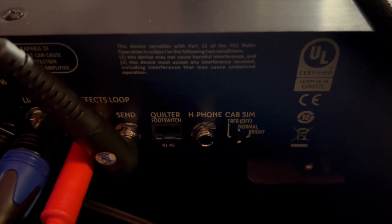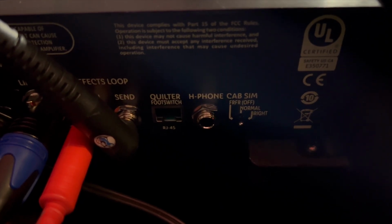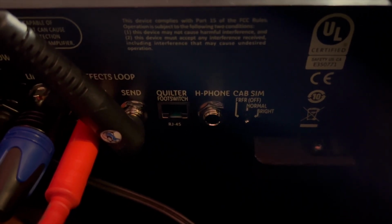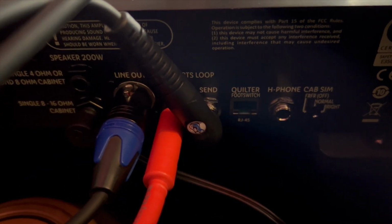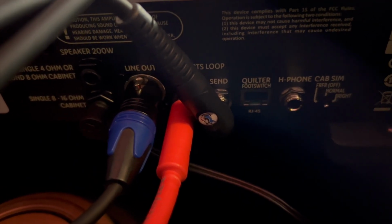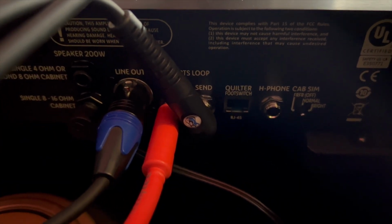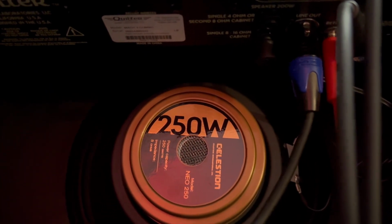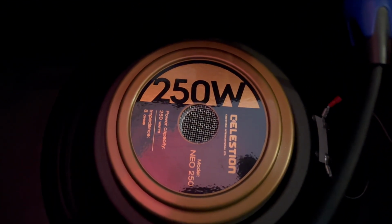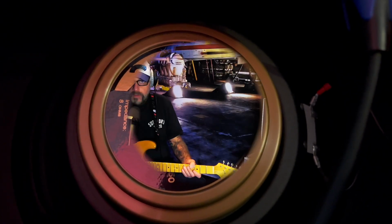Okay, so there's your back shot. That's what she said. There's the cab sims on the right-hand side. There's a headphone out as well. That's for the Quilter foot switch. It's in 4-cable method, which is why you can see all them cables in there. And this line out is just going direct to my desk over there. And that's what you're going to be hearing. You're just going to hear it in mono. And then under there is our very, very loud, beautiful sounding Celestion speaker. All right, so